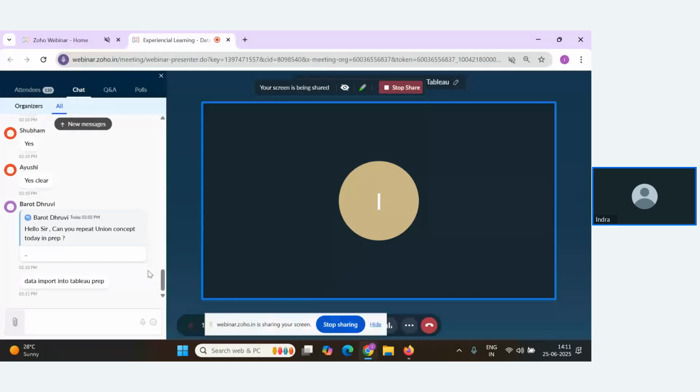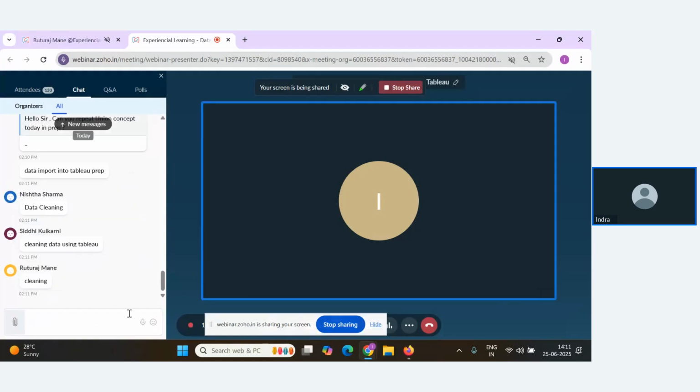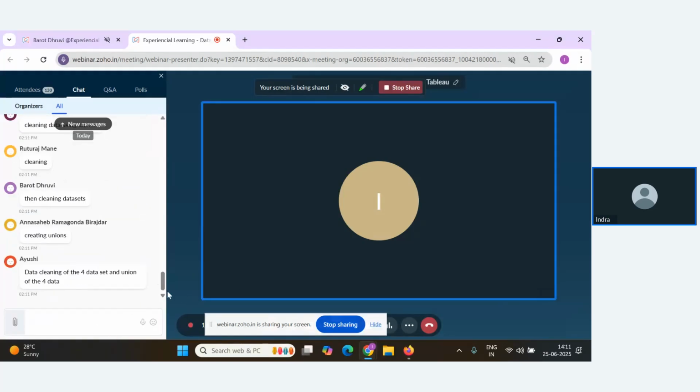I import into Tableau Prep. Yes, that's good. What about others? What else have you seen? We have seen some stages of data cleaning, right?